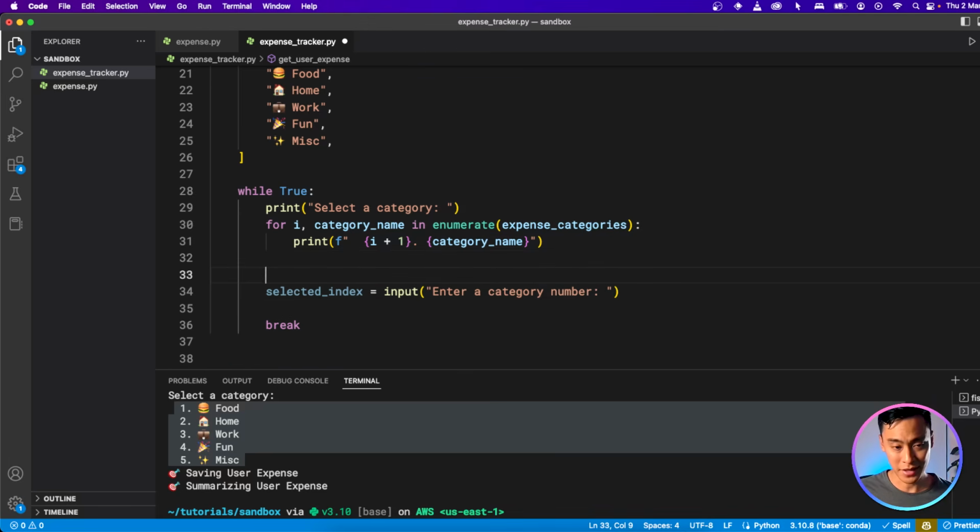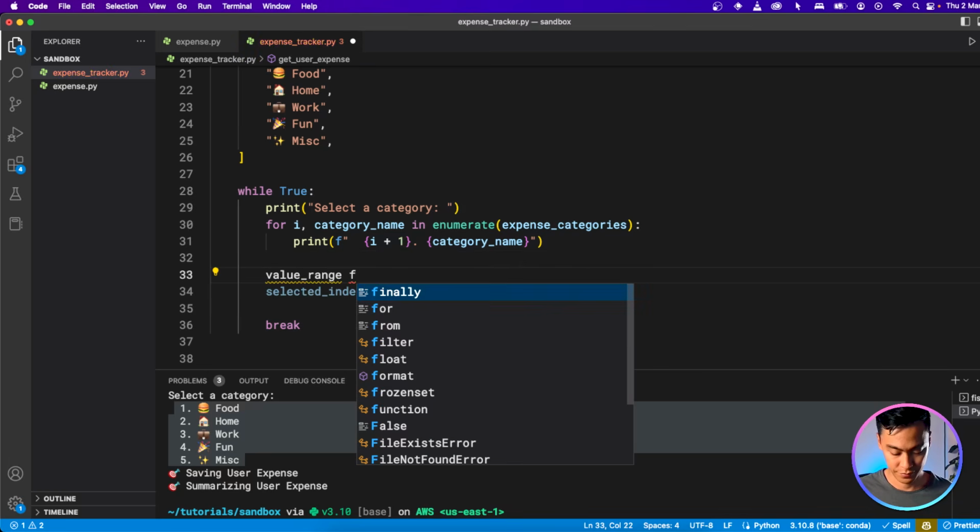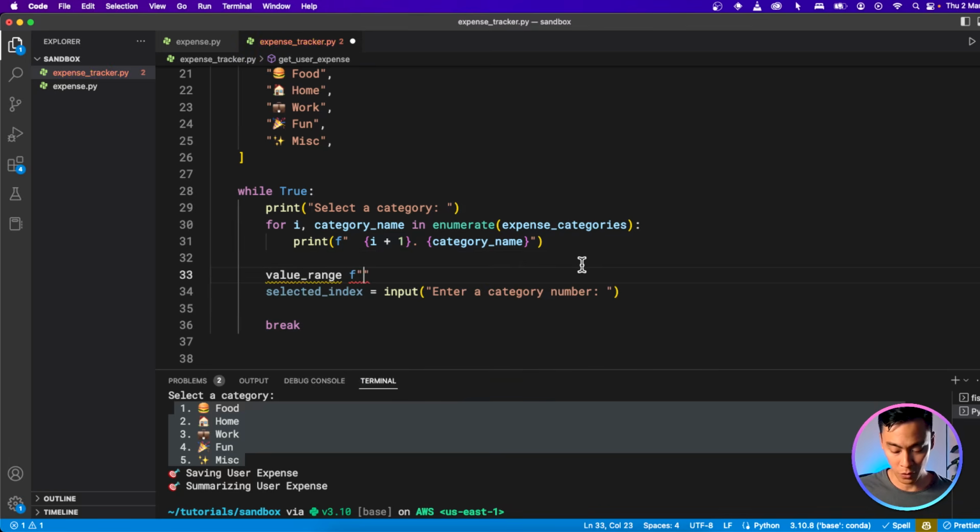So let's make a string to store that information. I'm going to format it like this, just put it in some kind of brackets. And we're going to go from 1 to however many is in this category. So let's put length of the category, which should be 5.